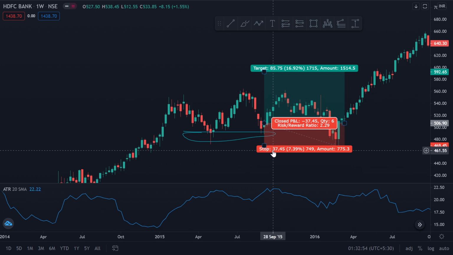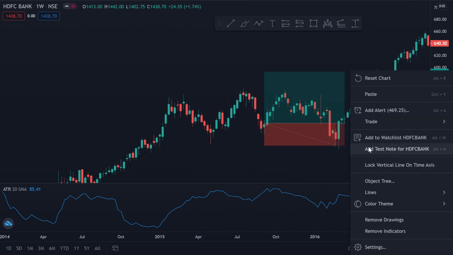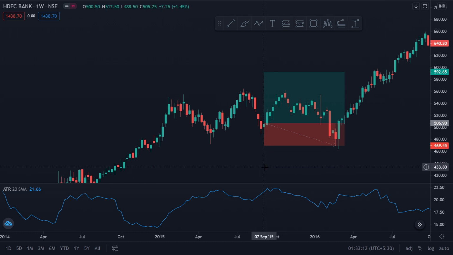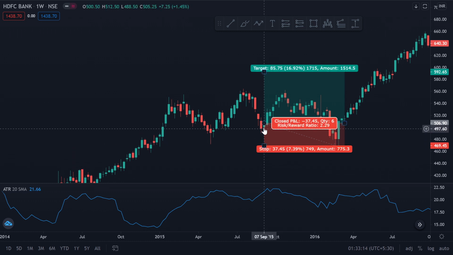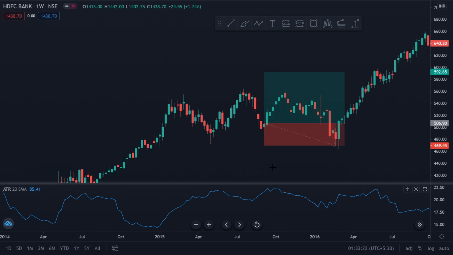Already we have widened our stop loss and placed it below the wick. How much more do I widen my stop loss? So for this, if we see logically with an indicator, here this lowest wick we observed at 470. Now to this 470, I will see what my ATR value is. This was the day I bought, this was the candle I observed and I took the entry, and my ATR level is 21.66. Let's say it's around 20 on that day.